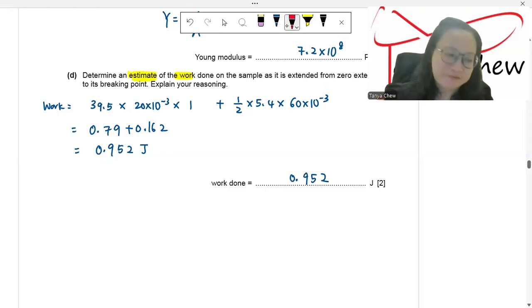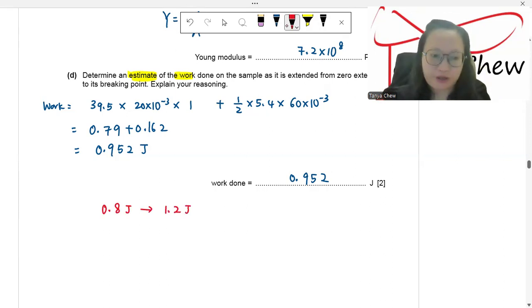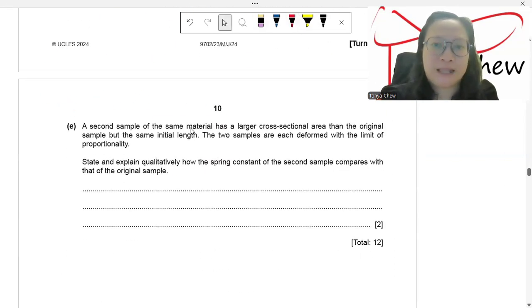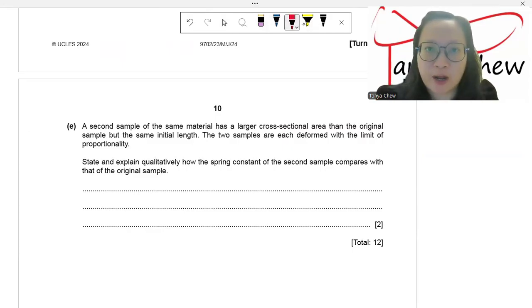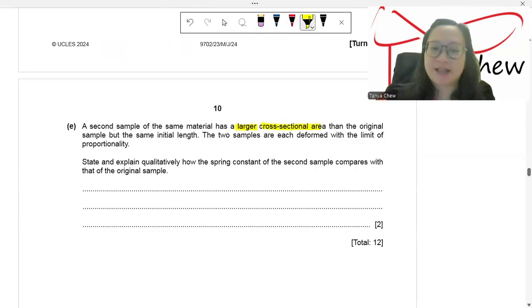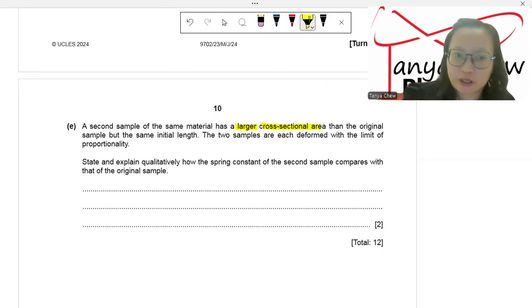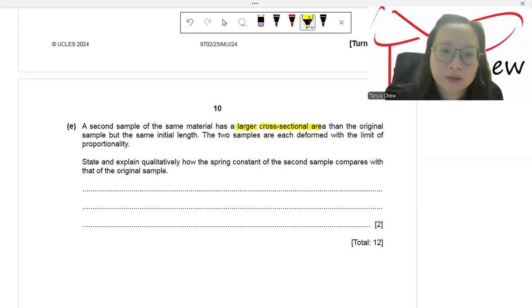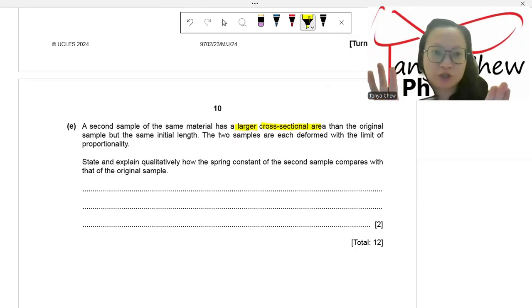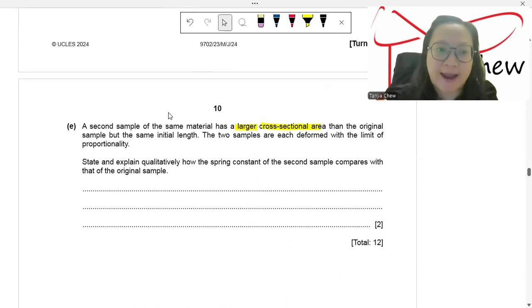Now, the answer given by the mark scheme is within 0.8 joules to 1.2 joules. So mine was within the range. Now, part E: a second sample of the same material has a larger cross-sectional area than the original sample, but the same initial length. Two samples are each deformed within the limit of proportionality. State and explain